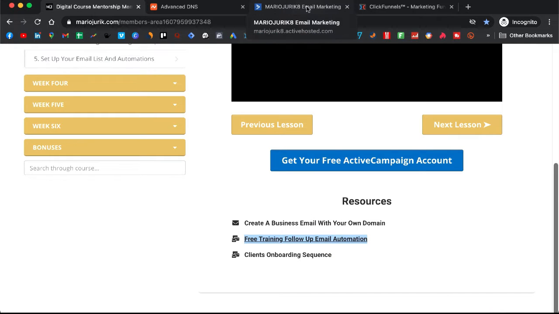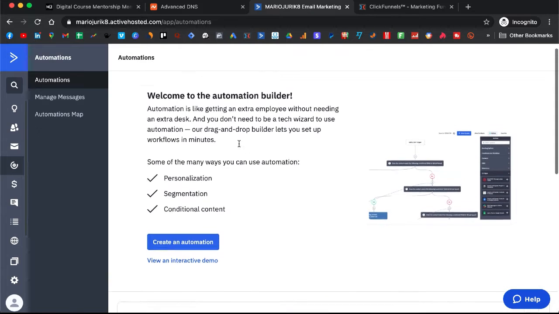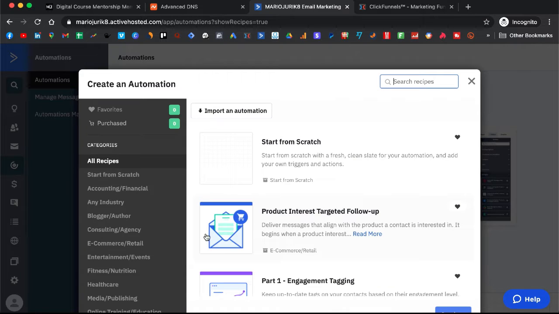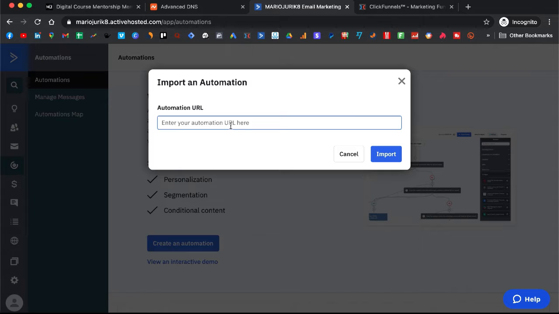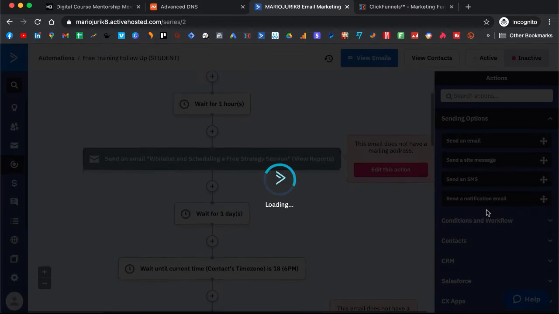and then we go back to ActiveCampaign. We create an automation, and we import an automation, and here we paste the link. So make sure you do it just like I showed you, because if you just click on it, it's not going to work. So we click on Get Started,